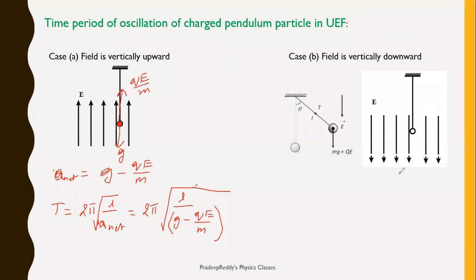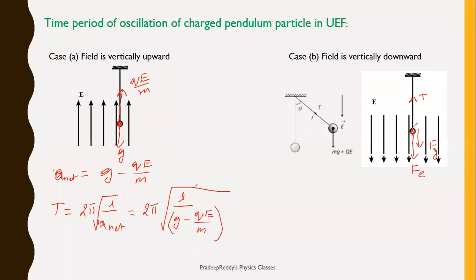Now coming to the next part, field is vertically downward. So in this particular session, we are learning field is acting in downward direction. In the first case, we have seen that field is vertically up. Now field is vertically down. If a field is vertically down, what would happen? As this particle is charged, there is downward force acting, that is electrostatic force Fe. Along with that, there is gravitational force acting in downward direction Fg. Upward there will be tension T.